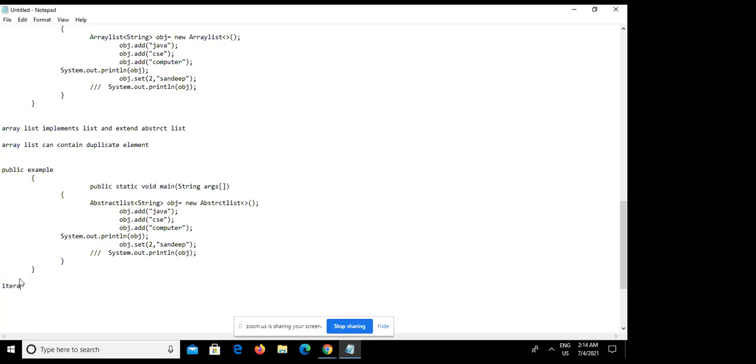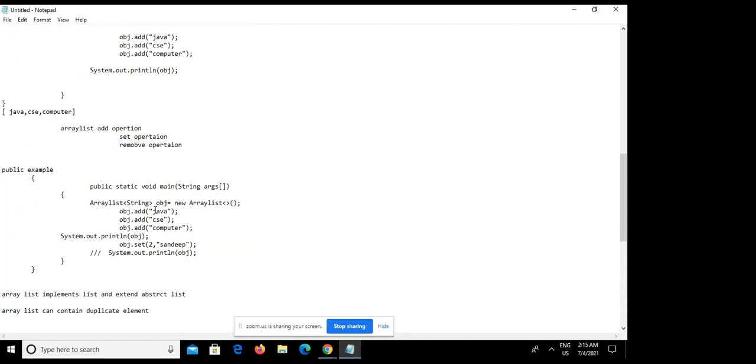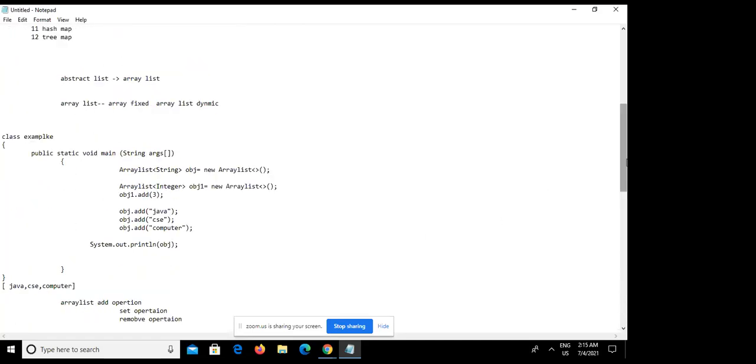स्ट्रिंग देखो, मैंने अभी ऑब्जेक्ट में क्या ऐड किया है, जावा. See, here I am adding Java. So Java is a string, na? It is not an int. If I took int, then I will take the same primitive data type. Like if I put here int also, so that time I have to add 2, 3, 4, 5. Okay. Here in this example, I have taken the integer. Array list add the integer and I have printed the 3.